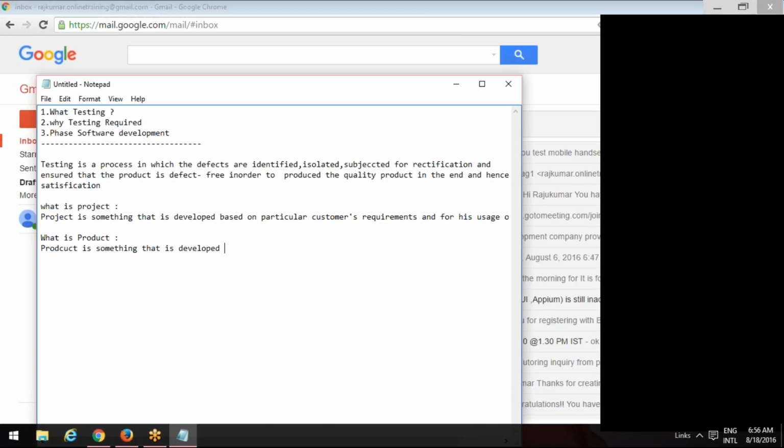Product is that which is developed based on the company's